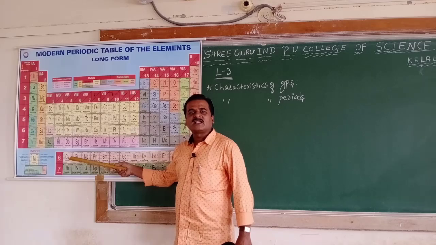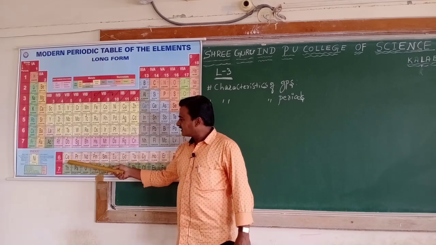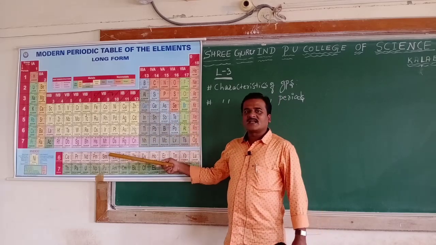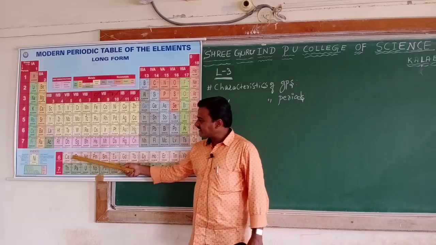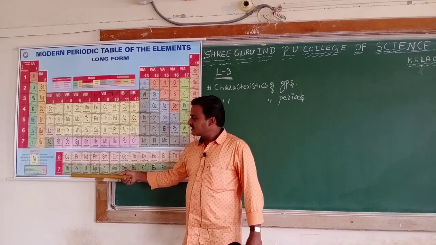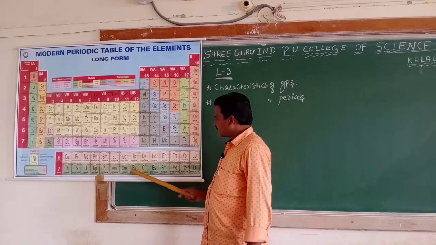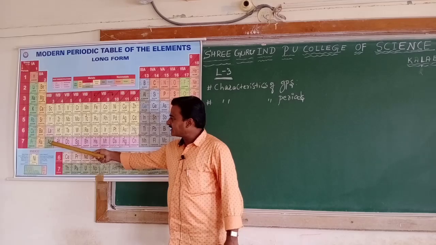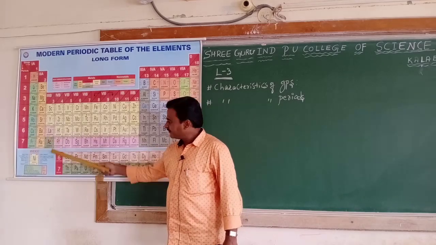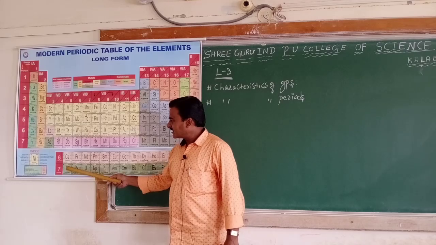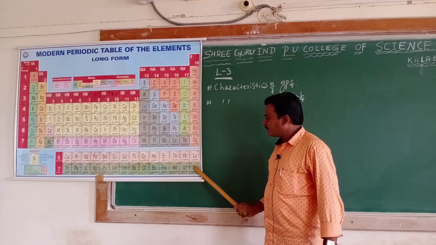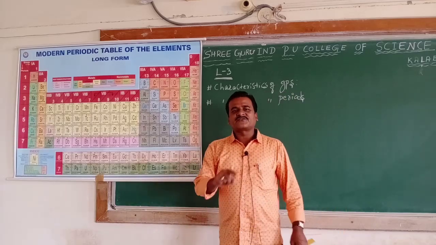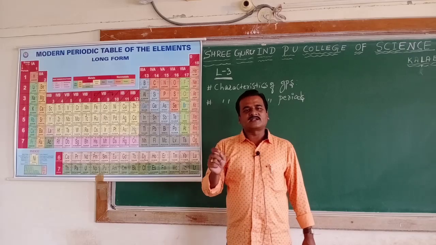So the continuation of the 6th period in the first series at the bottom of the periodic table is called the lanthanoid series. And the second series is called the actinoid series. These 14 elements, called actinoids, belong to the 7th period, after the element actinium, atomic number 89, and the next, thorium with atomic number 90, up to lawrencium, atomic number 103, 14 elements. So this is what regarding the features of the modern periodic table.